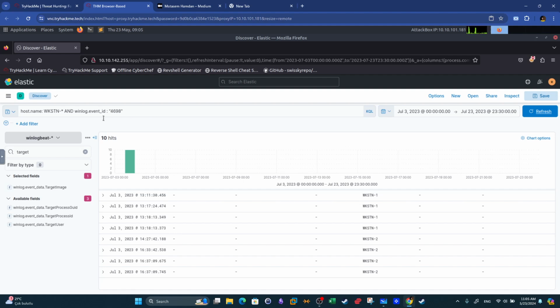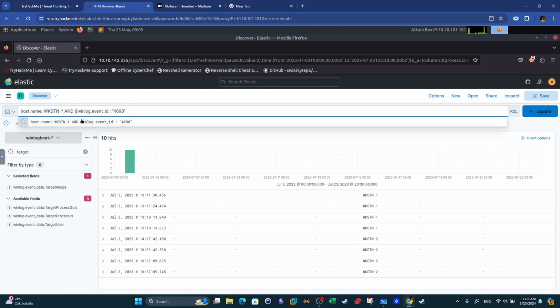For example, we can add parentheses here, and use the or, with other two parentheses, using strings such as scheduled tasks, or